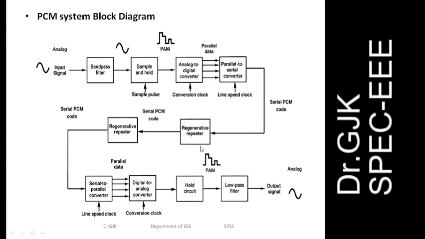In the middle of the transmission line, regenerative repeaters will be there to regenerate digital pulses. Then at the receiving end, again all the binary data will be taken, and a digital to analog converter will be there, which converts this digital data into analog values. From these analog values, the waveform will be reconstructed again. So all this will happen in the pulse code modulation technique, and the information signal will be transmitted from the sending end to the receiving end. Thank you very much.